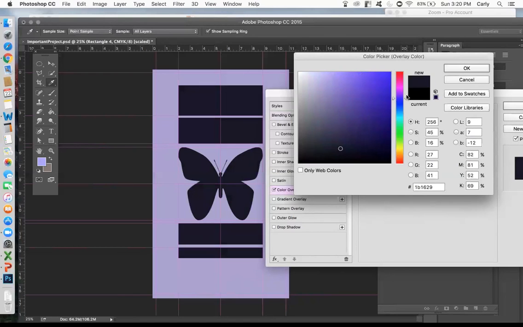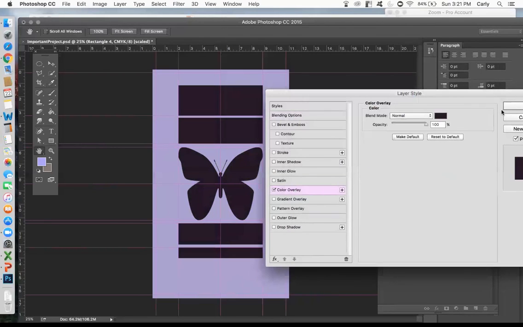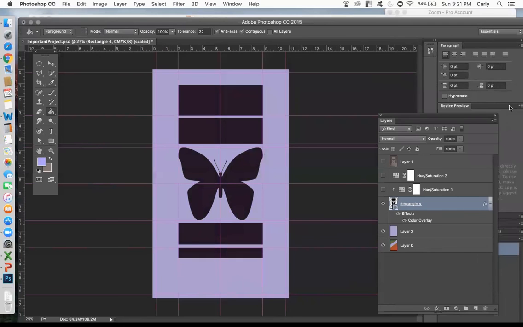And it doesn't matter what hue I choose. It's going to end up looking good, and it's going to end up being high contrast enough. So now when I throw that hue saturation on,